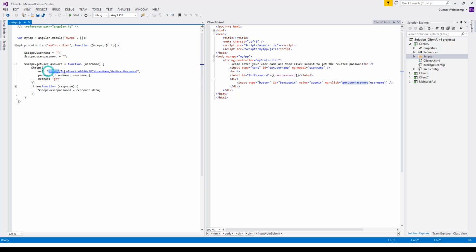Just briefly, this string here is quite important. As I mentioned, this part of the string is where your Web API is located, and you find that out by doing a right click on there, and you put that in there. Then you've got to put your